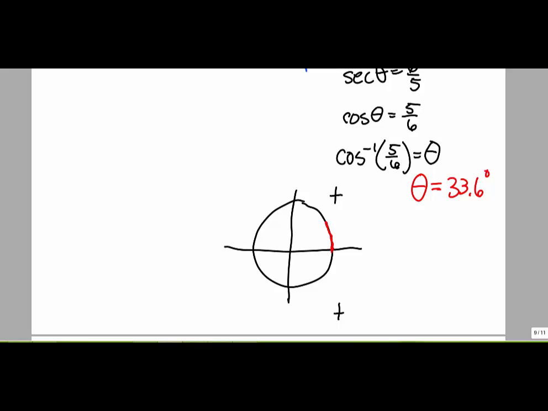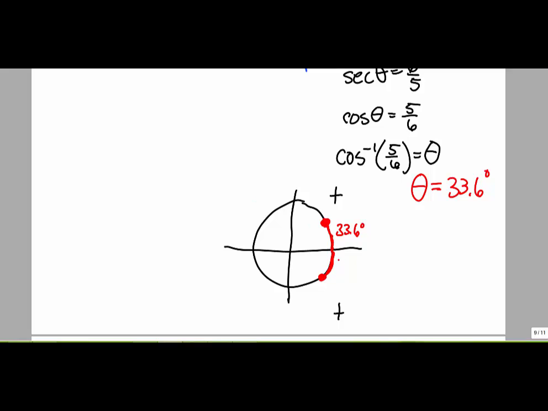So this will be the reference angle that we end up using. So the distance from the x-axis to the point in quadrant 1, that is a 33.6 degree reference angle. So one of our solutions is 33.6. That's in the allowed interval from 0 to 360. And then I'm going to find the same reference angle in quadrant 4,